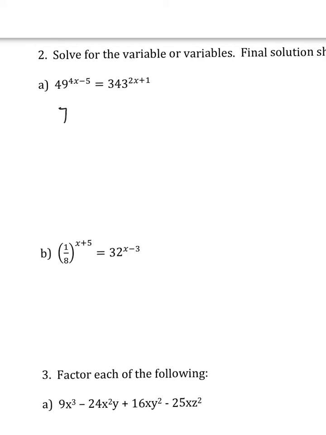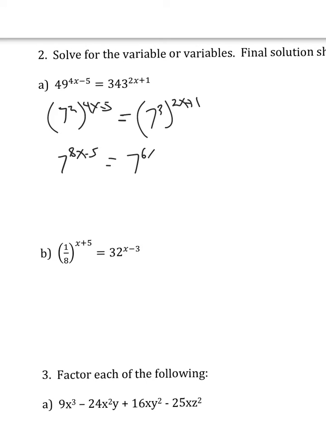So we end up with 7 squared to the 4x minus 5 is equal to, and this is 7 cubed, to the 2x plus 1. Okay, so now, because we're taking 7, raising it to the second, and raising it to the 4x minus 5, we're going to get 7 to the 8x minus 5 is equal to 7 to the 6x